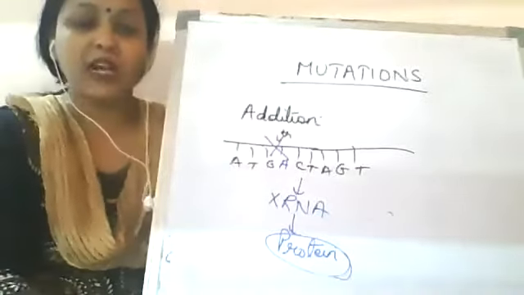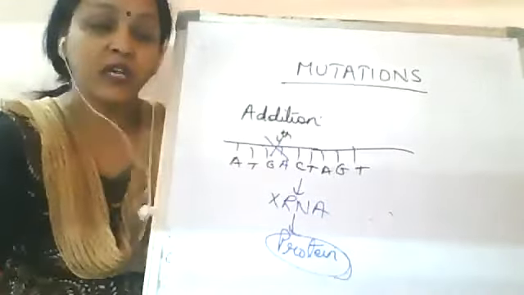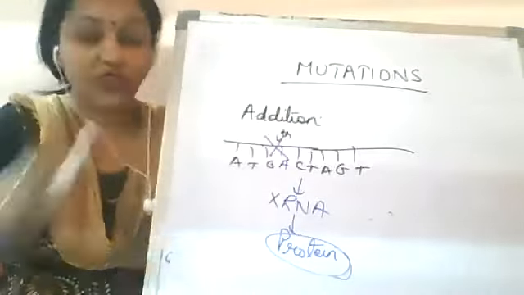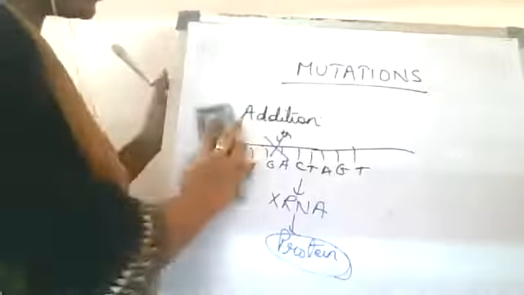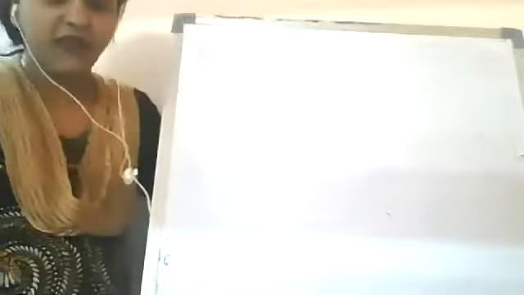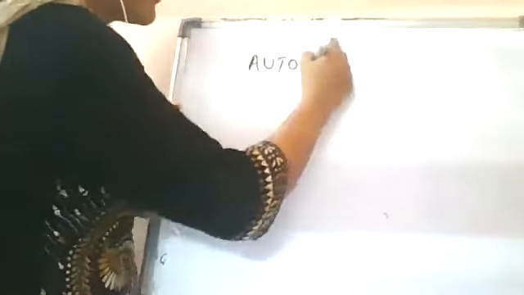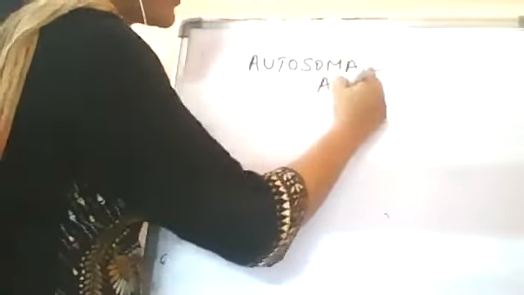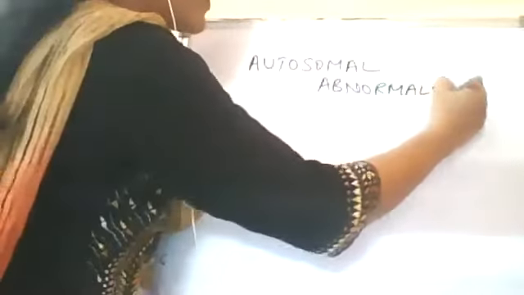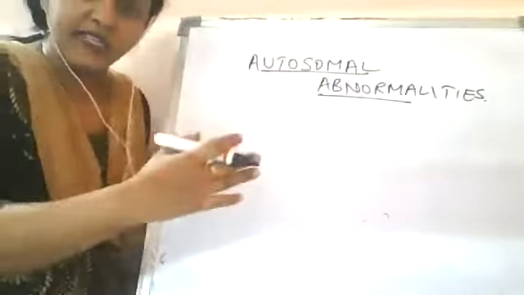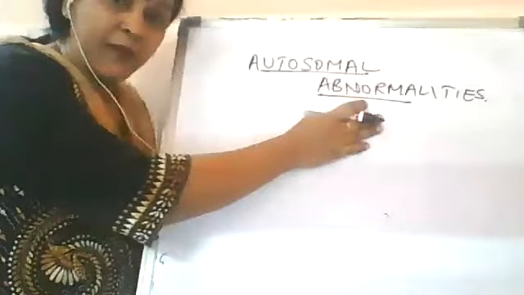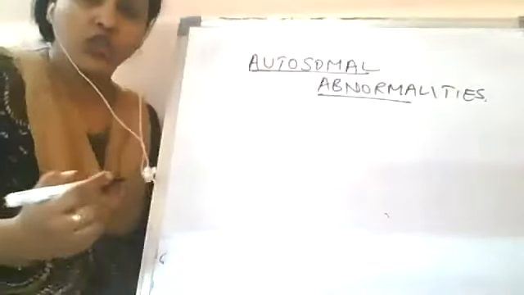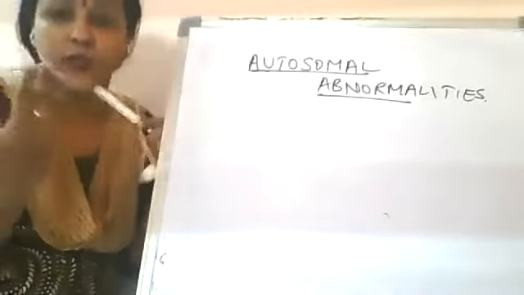Okay, so that is why we need to understand the importance of mutation in causing all these disorders. Now we'll study the different types of disorders, that is, genetic disorders. The first type of disorder that we'll take up is chromosomal disorders. In chromosomal disorders, the first subcategory we will take up is autosomal abnormalities. Okay, so what are these autosomal abnormalities? The changes in the DNA sequence, or the improper DNA present in the autosomes. So if the DNA of the autosome changes, it can lead to a variety of disorders.